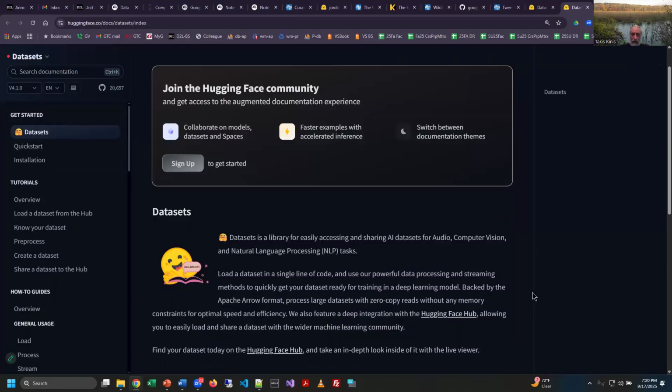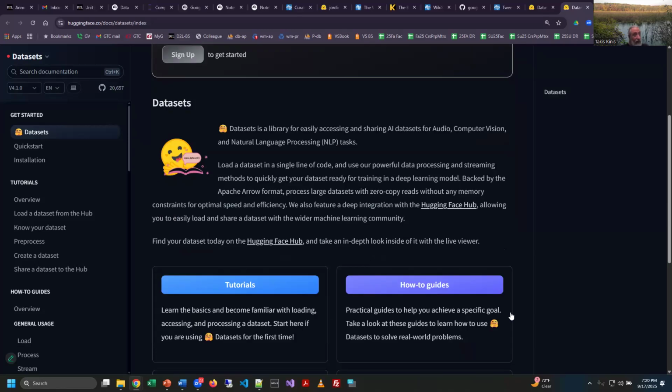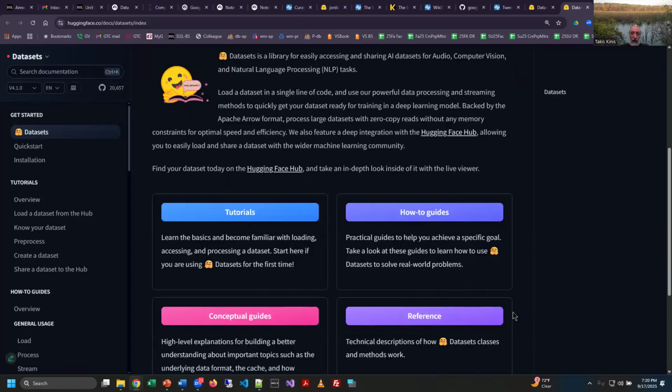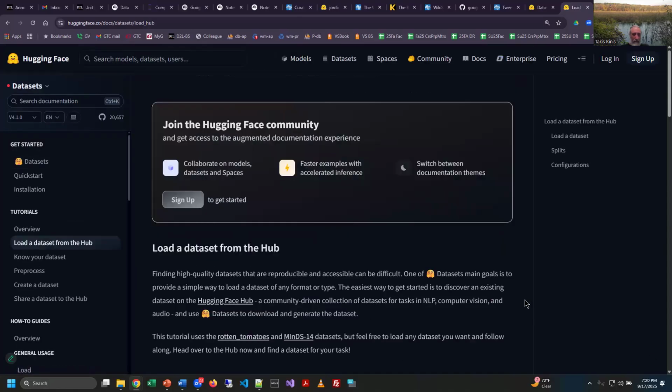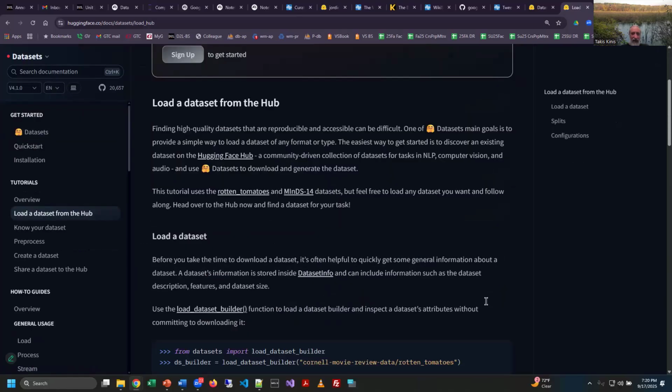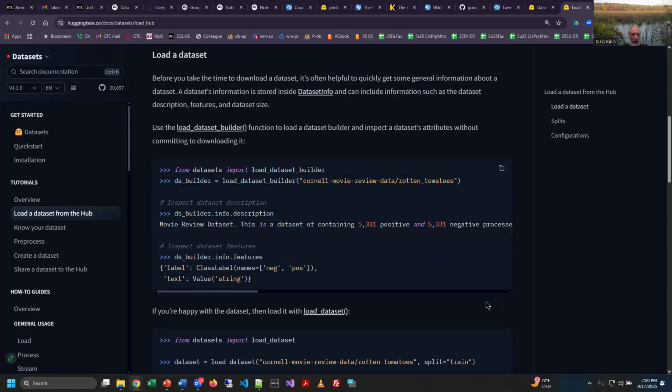This is a website where you can set up an account if you wish. Notice that they have tutorials, how-to guides, and all that kind of stuff. If you want to find a data set, you can go in here and they give you examples for how to write the code in Python to go right to their repository and pull the information.